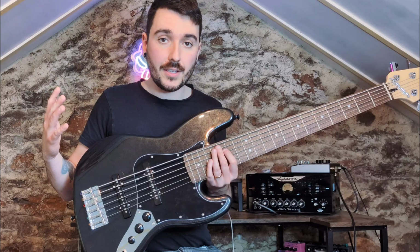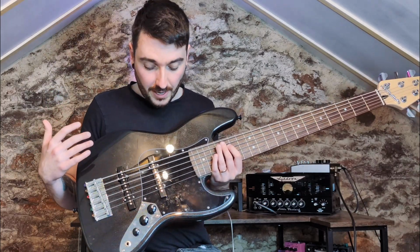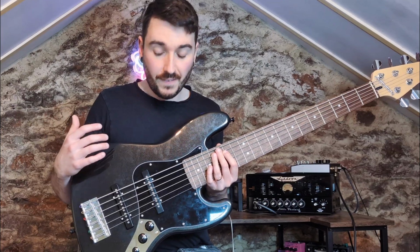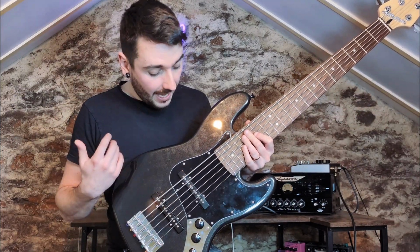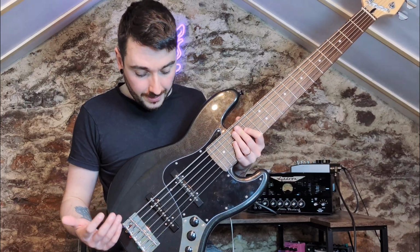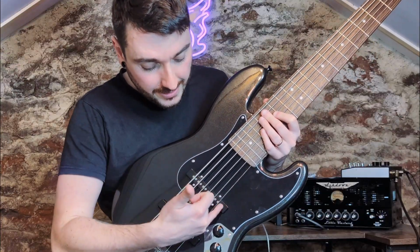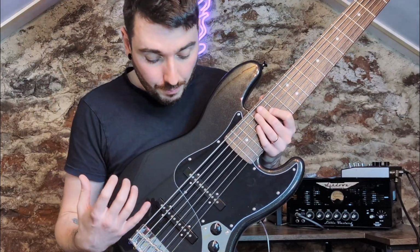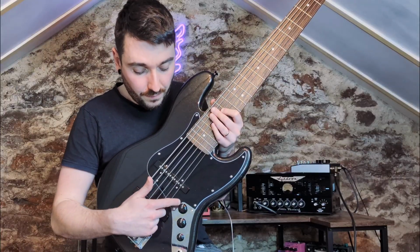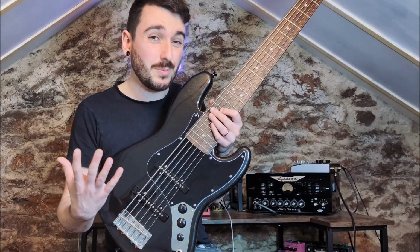So taking a look at the Squier Affinity Jazz Bass 6, you can see it's got some key features. It features a very nice and lightweight poplar body, which is really comfy. It's actually an oversized jazz bass body and features a metallic black finish, which is poly. You'll notice that it's got these 6-string jazz bass pickups, and these are ceramic magnets, so they're quite high output. And then in terms of controls, it's got your typical volume and master tone,